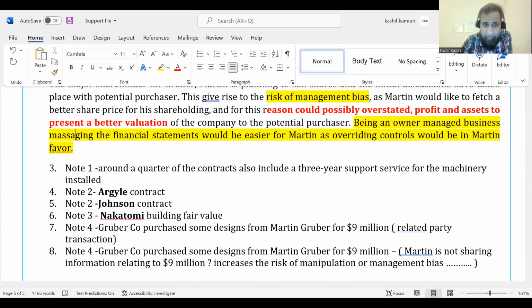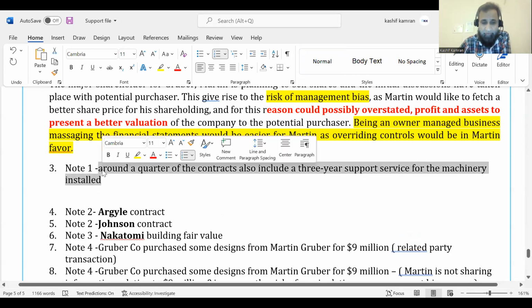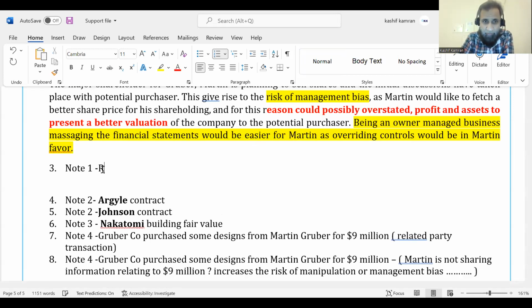Note number 1. Around a quarter of the contracts include a 3-year support service. So revenue from the support service, right? Revenue coming from the support service. I hope you understand the risk here. The risk is that revenue from the support service should be deferred over a 3-year period. But if the revenue from the